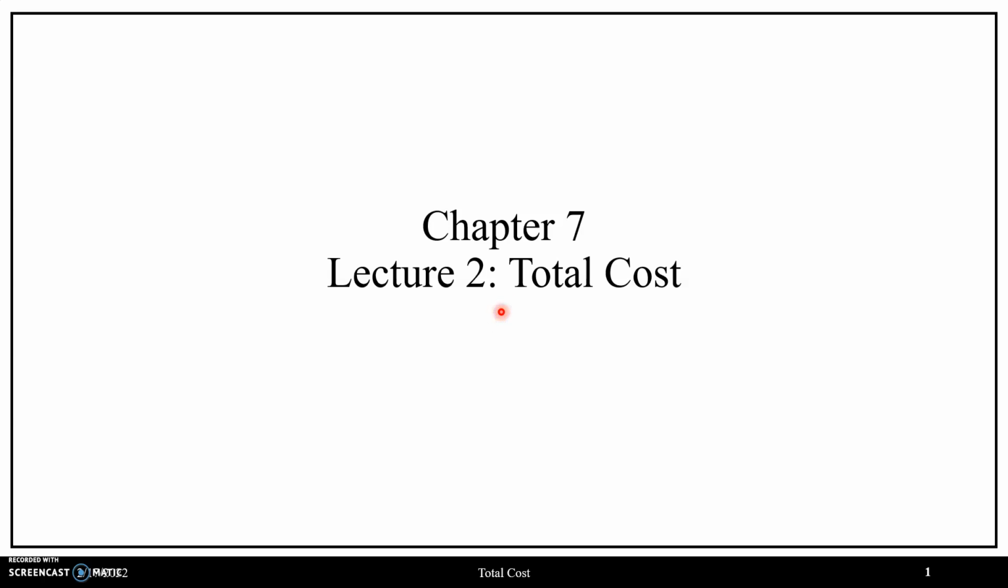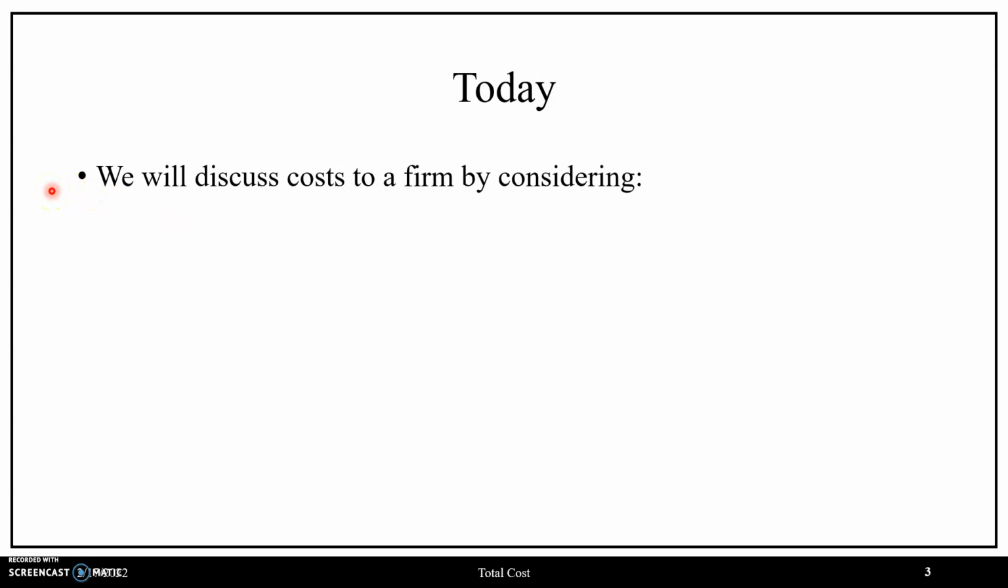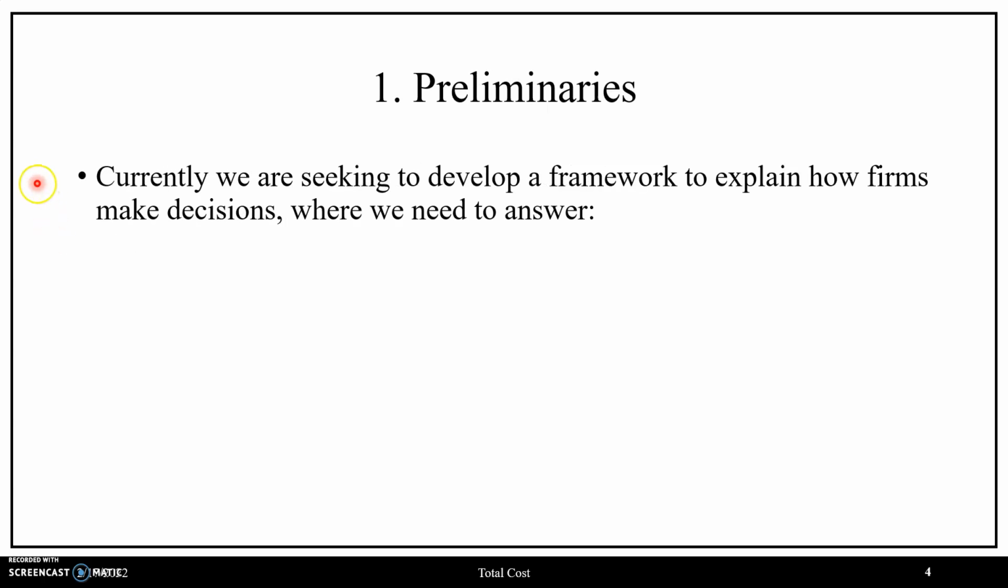In this video, we continue our discussion on Chapter 7, where in our last video we examined a firm's production function. In today's video, we'll discuss costs to a firm by considering some preliminaries to then have our discussion on costs. Beginning with our preliminaries, currently we are seeking to develop a framework to explain how firms make decisions, where